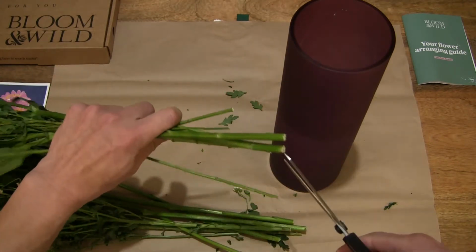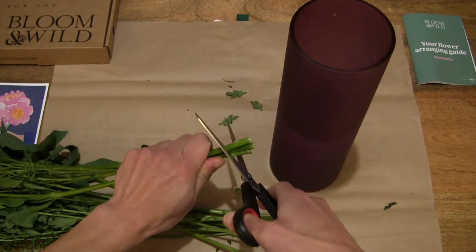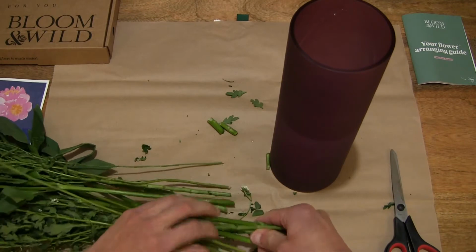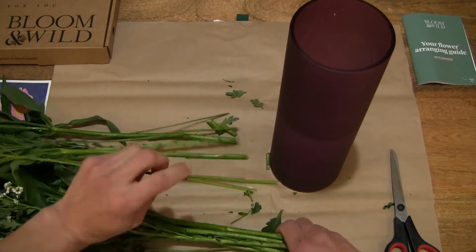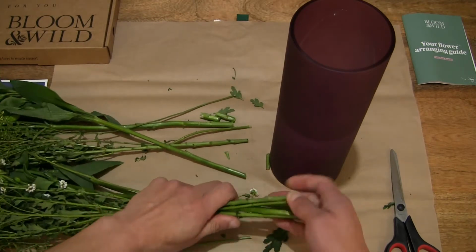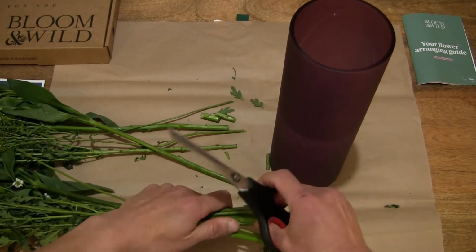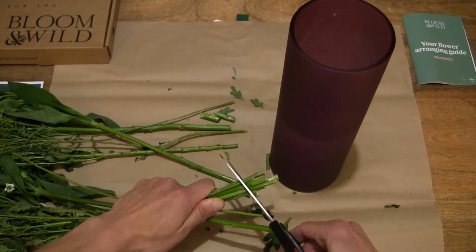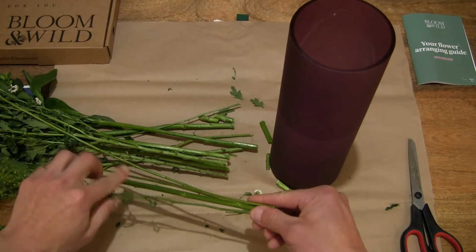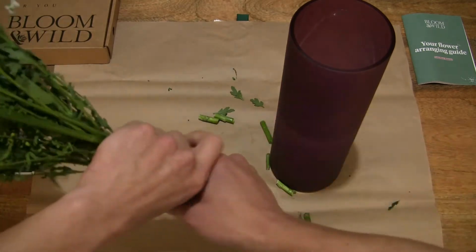So over here, got a pair of scissors. Let's cut, of course, making sure we do some fresh cuts. And once again, cutting a few centimeters of the bottoms of the stems. And now that it's been cut,